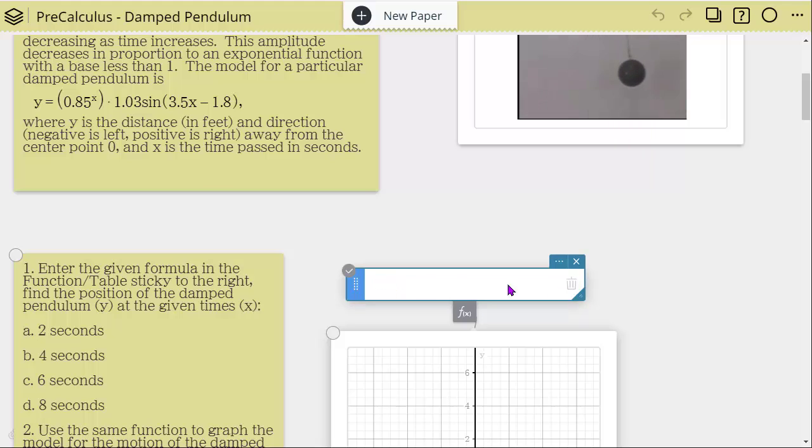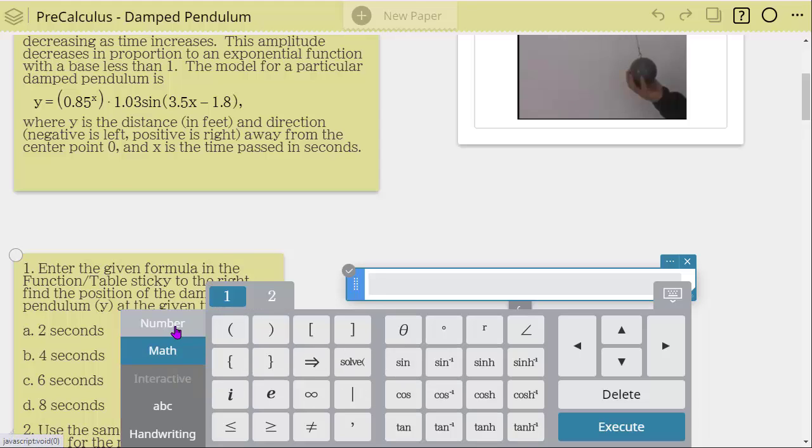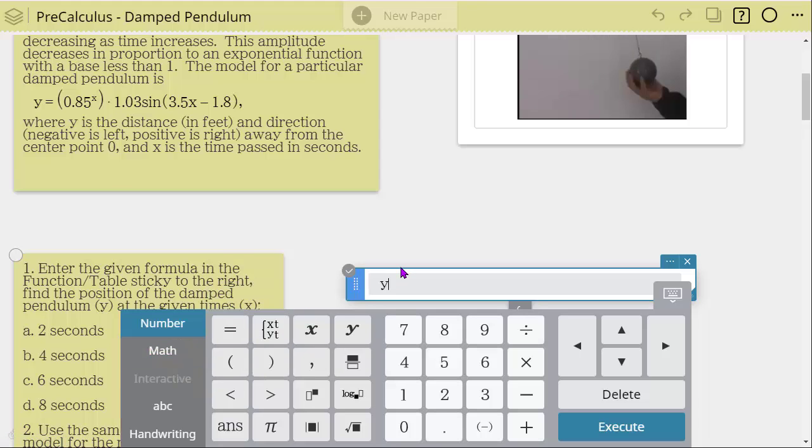Now there's a couple ways. I could just type it out using the soft keyboard here. So you'll notice as soon as I click into the equation sticky, the keyboard comes up, and I have a lot of templates I can use. So let's just start typing. I'm using both my keyboard for my computer, and I could also use the soft template here. So let's do